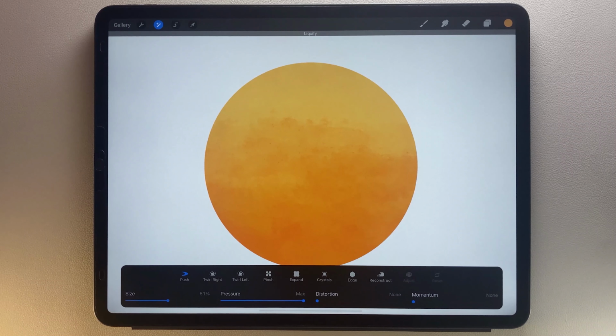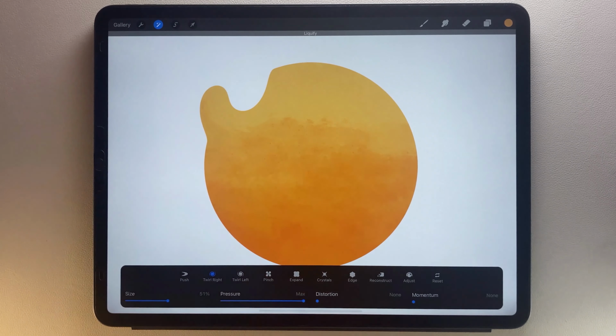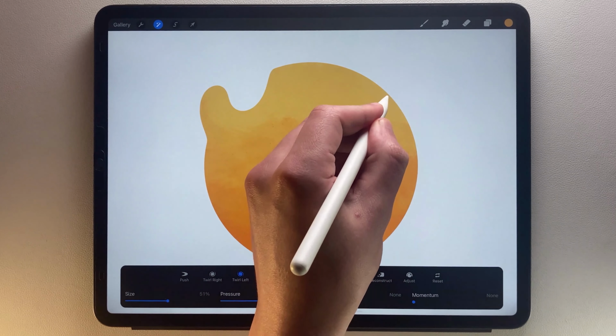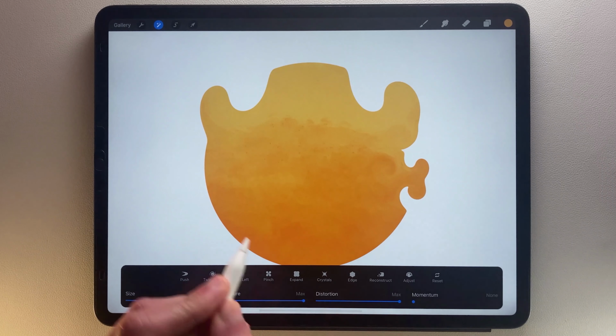Now let's look at Twirl modes. There are Twirl right and Twirl left. As you can see, they work the same. Only the orientation is different. With distortion on, you can see that it can quickly distort your creation in crazy ways by creating several random twirl effects.